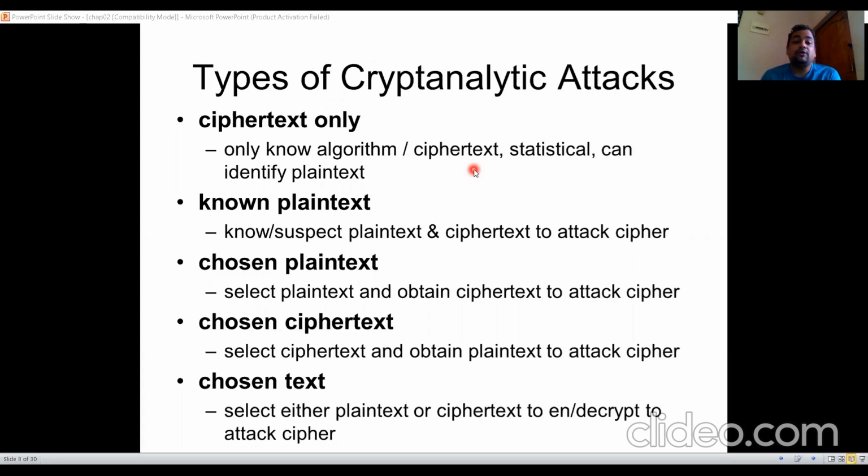Okay. Now, if it's a chosen plaintext, we have some knowledge about the plaintext, and from that plaintext we analyze to find its ciphertext. By analyzing all those pairs, we can get the entire plaintext and ciphertext. Similarly, it is for the chosen ciphertext, where only the chosen text will be there. So this is all about the different types of attacks that are possible.